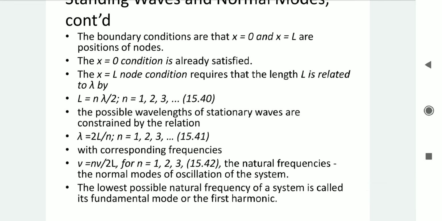This is the lowest possible frequency of the system, which is known as the fundamental mode or the first harmonic of vibration, where the two waves meet at the nodes. The vibration of the amplitude or the particles takes place at its first harmonic frequency. Clear? Here we are going to end the session. Hope you understood. Thank you.